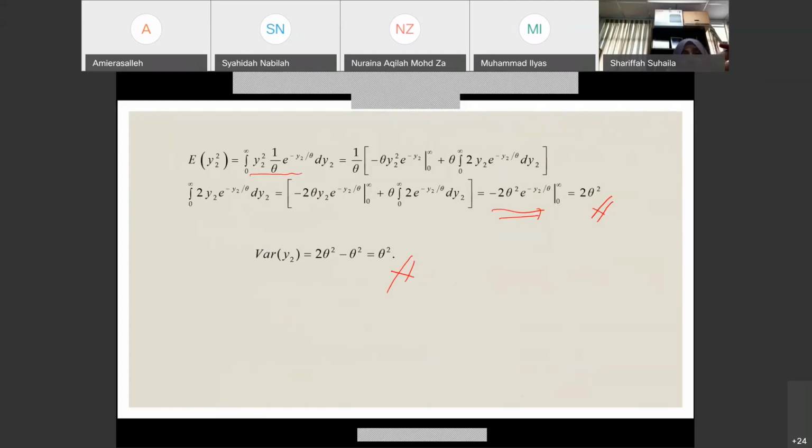Okay, sebab dia punya soalan tadi show that y2 is unbiased estimator of theta. And then you get the variance is theta square. So that means you already know the answer is theta square. So just to make sure how you get your theta square, okay, this on dia punya integration lah. Okay, part C ni baru dia nak apply Rao-Blackwell theorem.